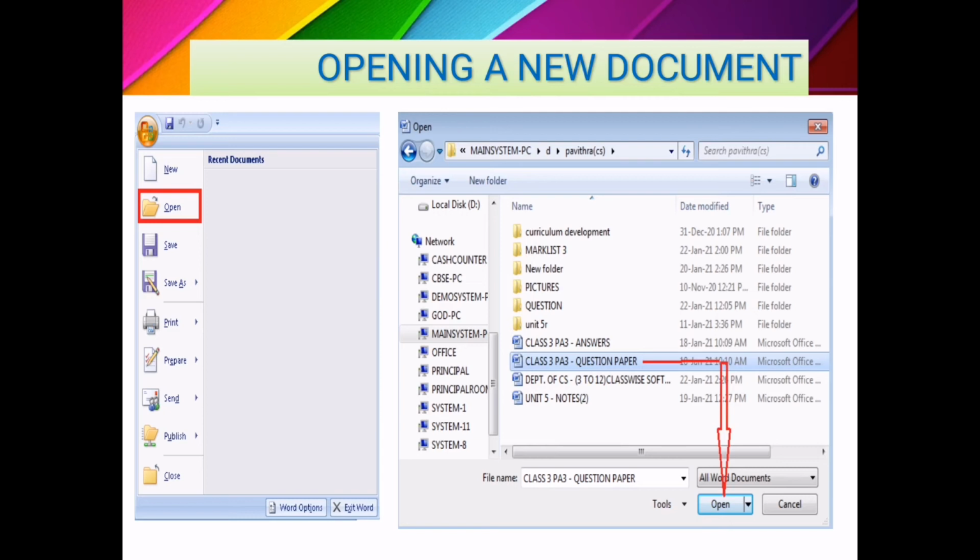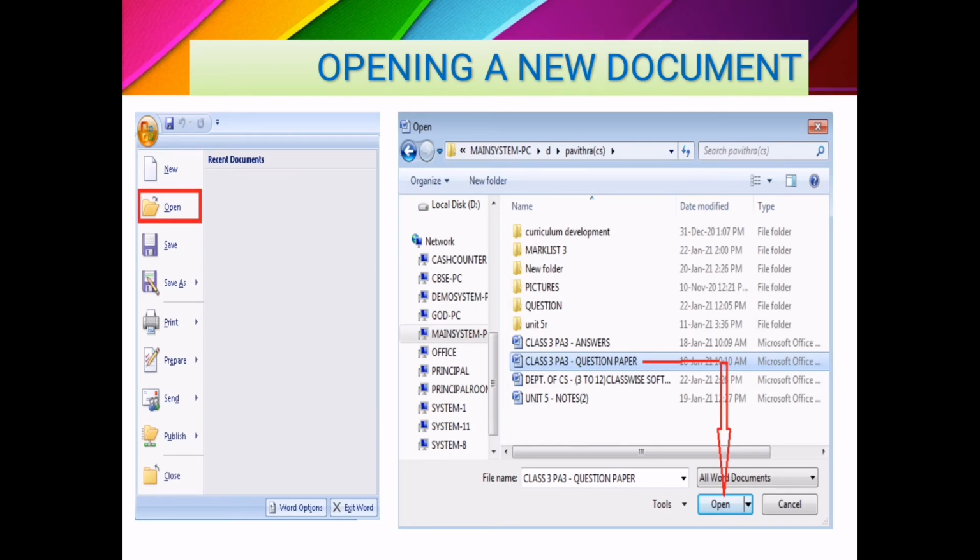If you type in this search text box, say I need to open the PA3 question paper but forgot the folder name, I just type class 3 PA3 question paper, and it will display the option where it was saved.